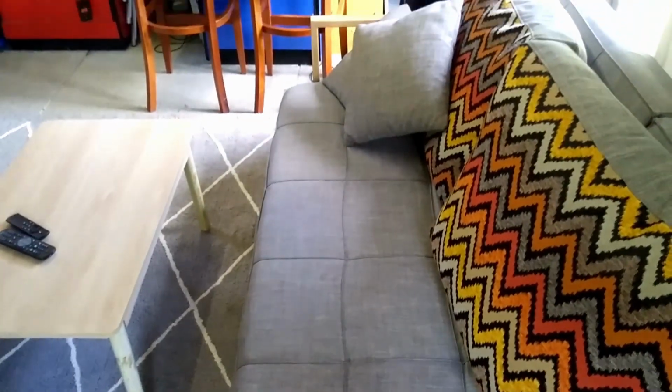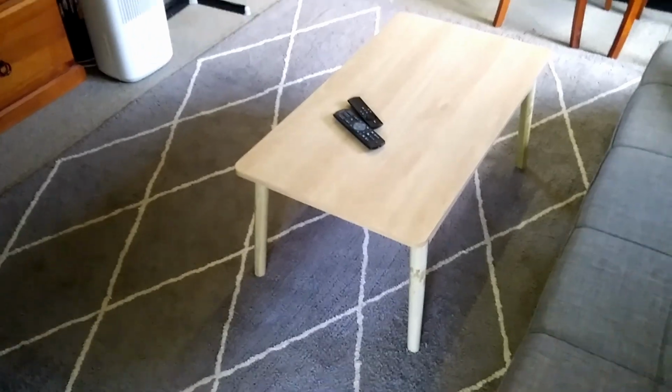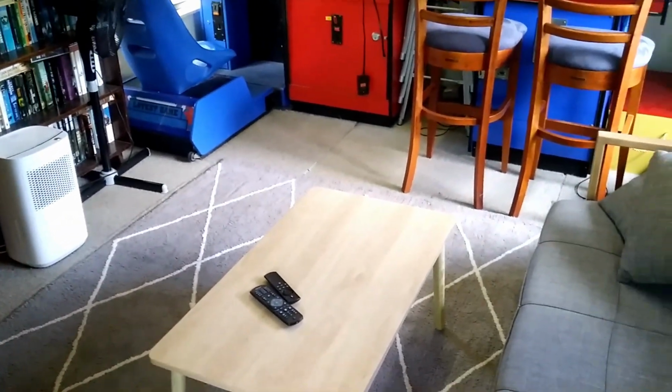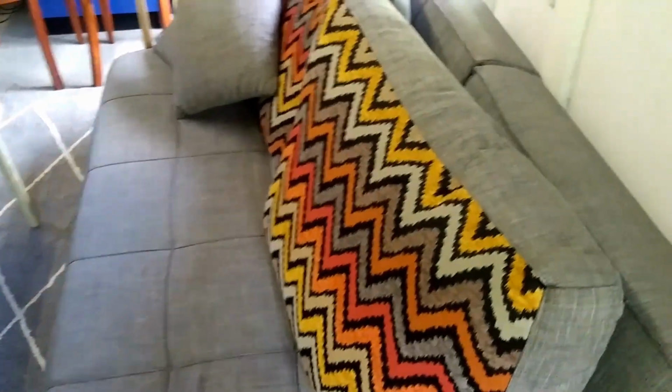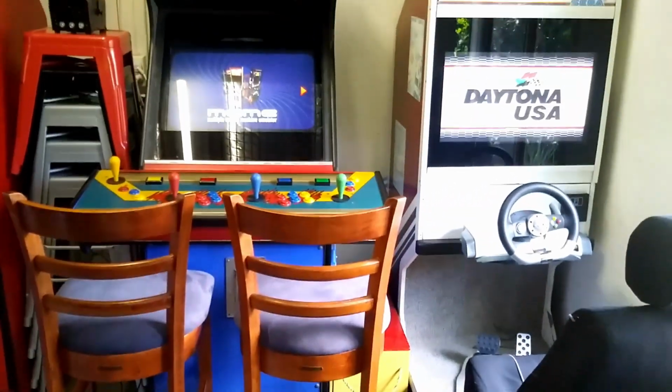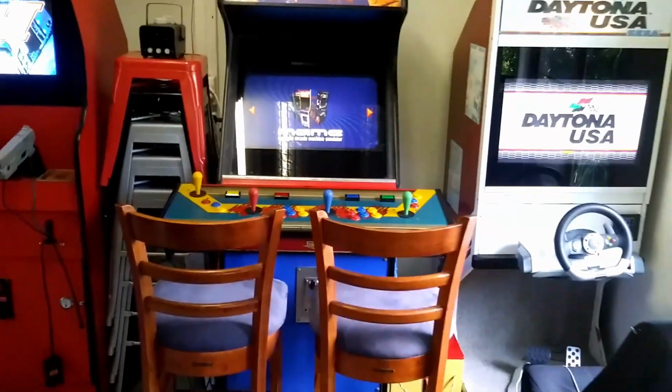So we'll just make our way from the door over. Yeah, got a new rug. Really like the look of that one with the carpet that I've got going on in here. And as you saw before, we've got a couch. It is one of those click-clack couches that clicks down at the back. And then we get into probably my favorite features of the game room, which is, I'll step back and show it to you,